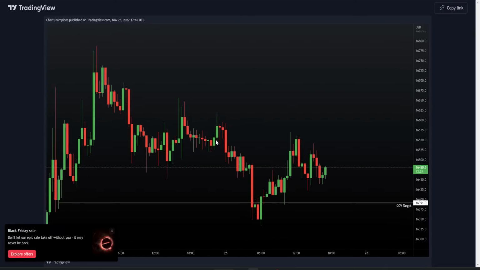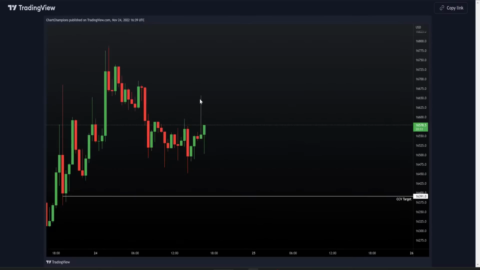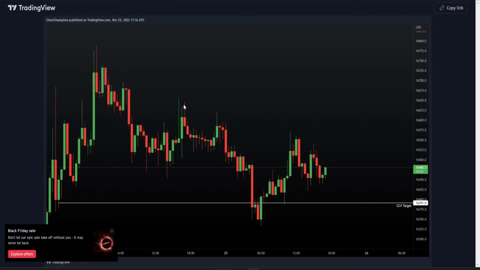Well, this is what it looks like now. We can see that was the wick here that you see, by the way. That was this wick here. From there, we made our way down, we made our way down, we made our way down, and we hit our CCV target. We then got a bit of a bounce to the upside, right? From again, hitting the target, bouncing, back testing to pretty much the exact dollar, that target one more final time before that rise to the upside.